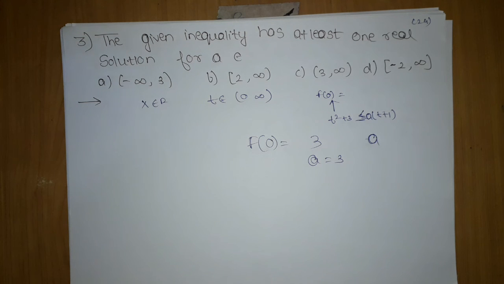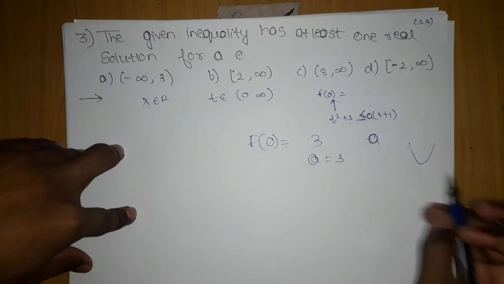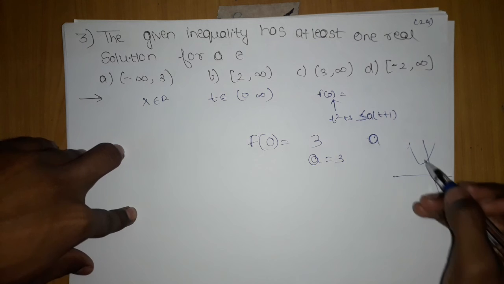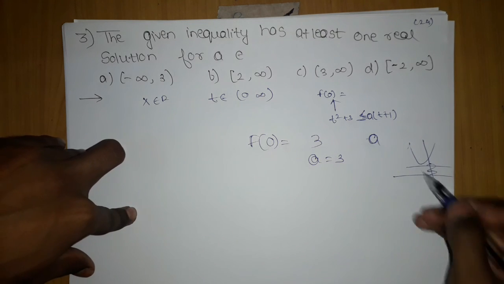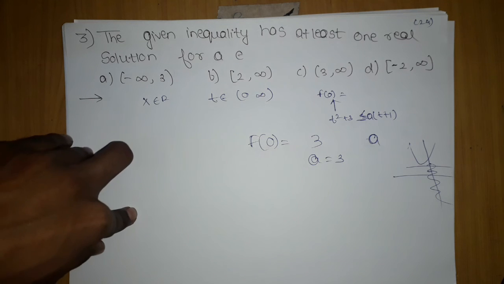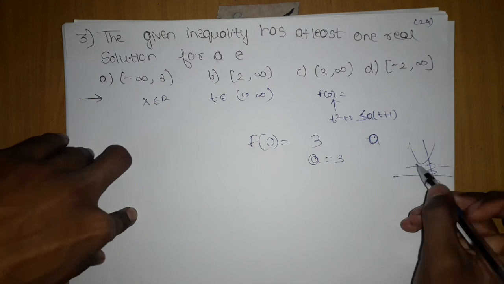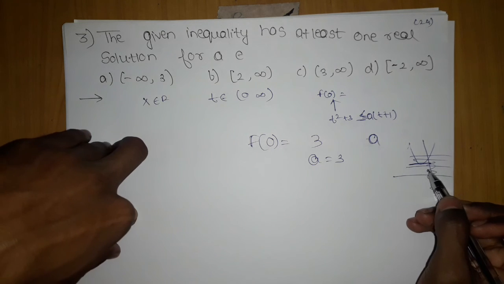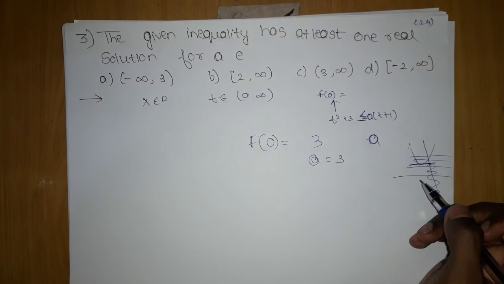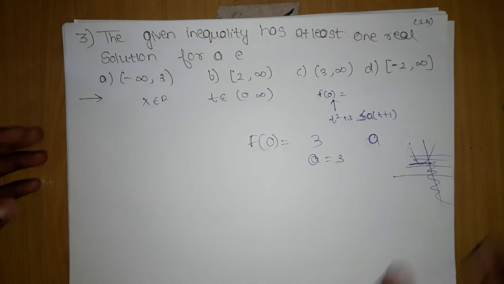In this question, real solution means, listen, if this is the parabola, there can be a real solution. But if there is a line like this, not touching the parabola, it cannot be a real solution. At some point it will be negative, at some point positive, but we must know at what point we start to get the real solution. So we have to track the path of the parabola.